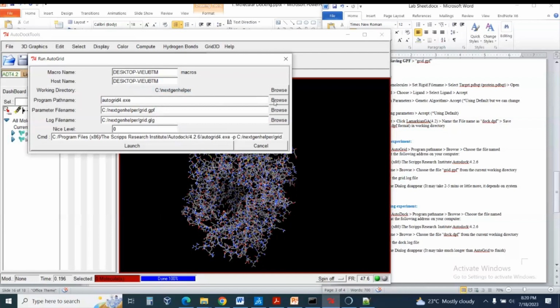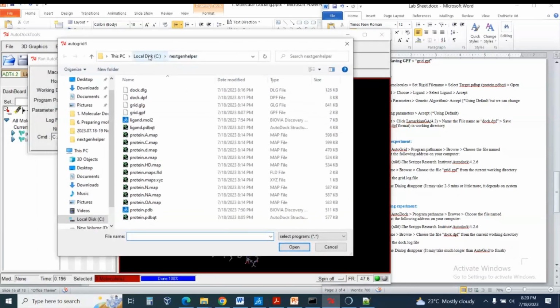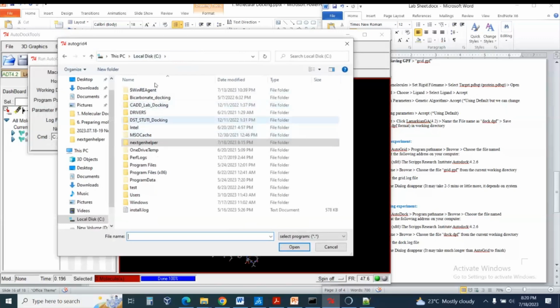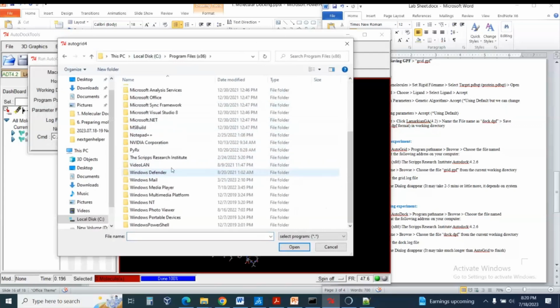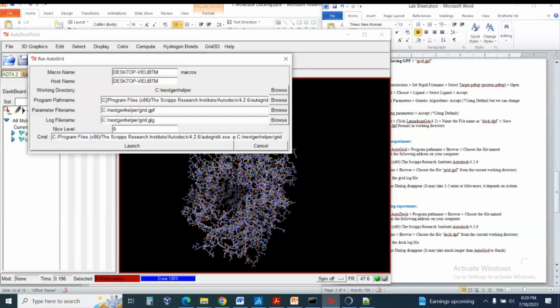So what I'll do is I'll browse, because my AutoDock has been saved by default into the C drive. You have to confirm where it is saved in your PC. Usually it is in Program Files (x86), The Scripps Research Institute, AutoDock. And then here you can see I have to run the AutoGrid experiment, right? So I'll choose AutoGrid first, open, and it will give me the whole path of this program, correct? So this path has been given, and